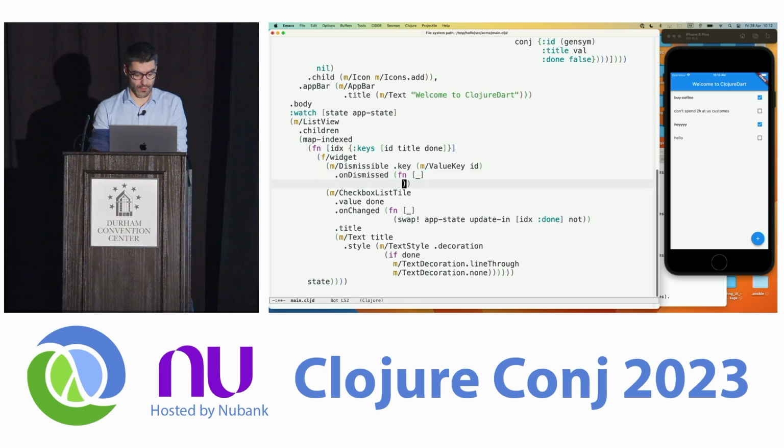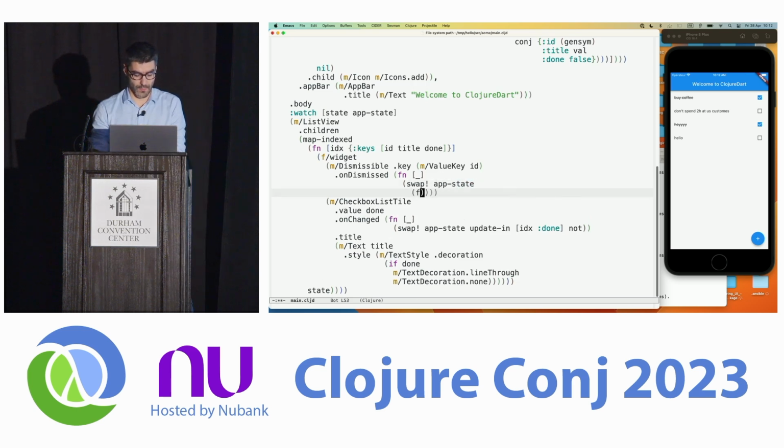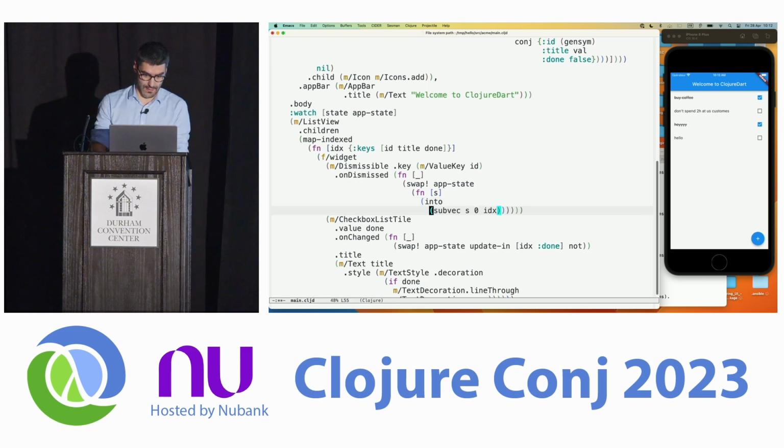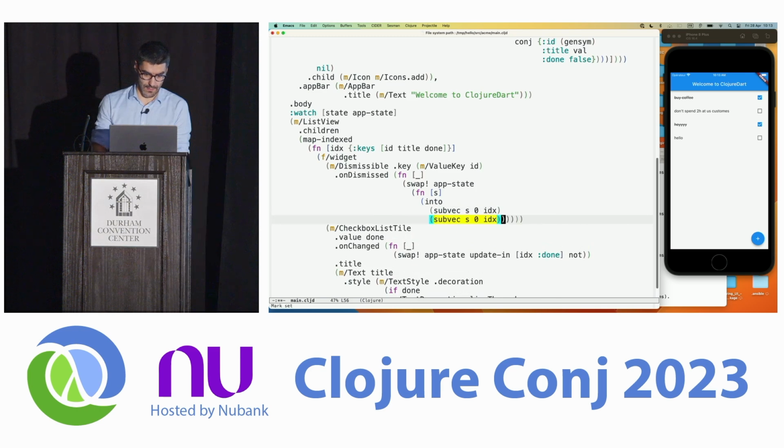We don't care about the direction, but what we want to do here, when the user swipes, we are going to remove basically the element at the index, this index. So subvec s 0 index and the index. Okay. And